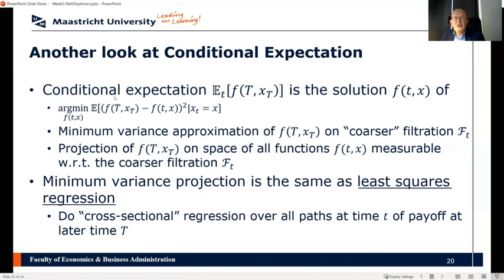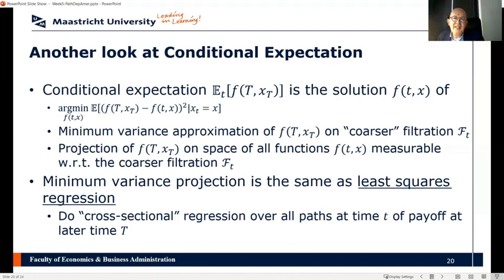Another way of saying it is that I'm doing a projection of all functions that are measurable with respect to this later information onto the space of functions that are only measurable with respect to this earlier, smaller information at time small t. And doing a minimum variance projection is exactly the same as doing a least squares regression. And this is the magical